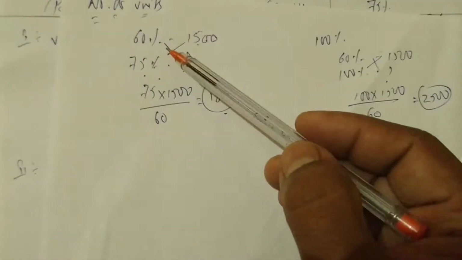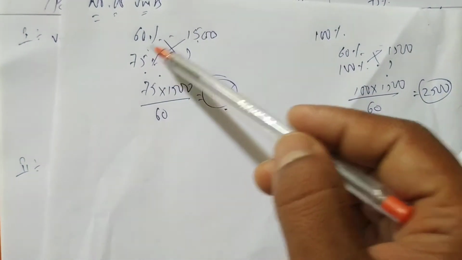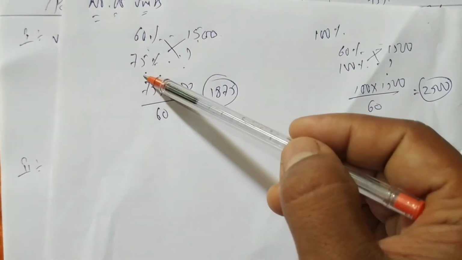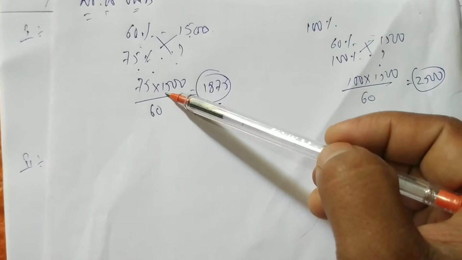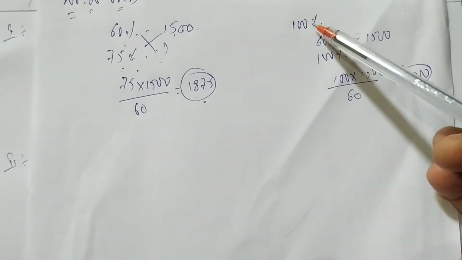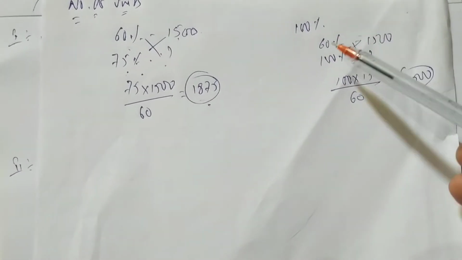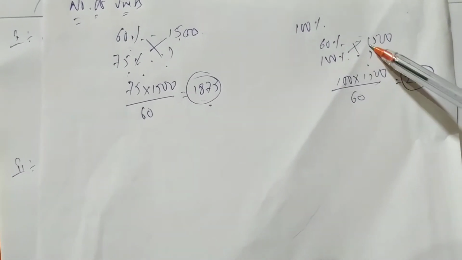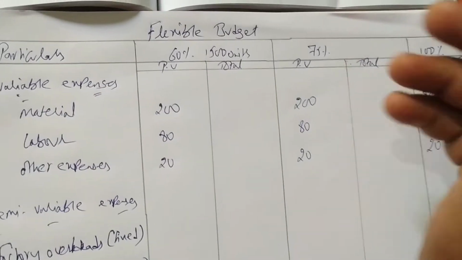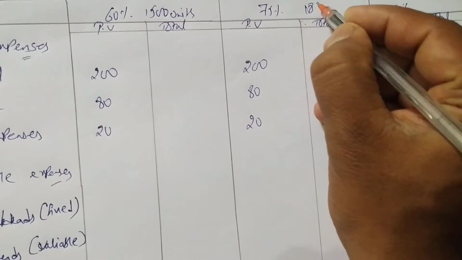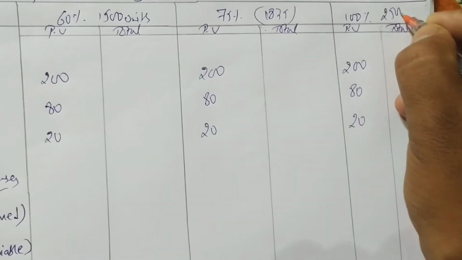So it's very easy to find out. How to find out? Take the help of what is given in the question. In the question it is given that 60% is 1500. So for 75%, how much do we have? We cross multiplied: 75 into 1500 divided by 60. We got 1875. Again for 100% we take the help of 60%, 1500. For 100%, how much? 100 into 1500 divided by 60, we get 2500. So I can write here now: for 75% we are getting 1875 units, and for 100% we are getting 2500 units.